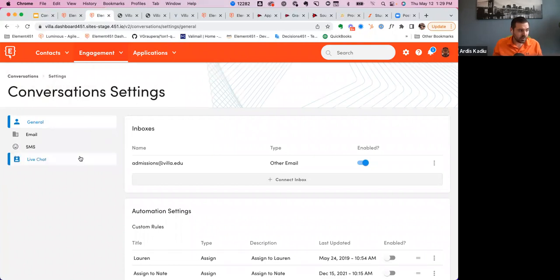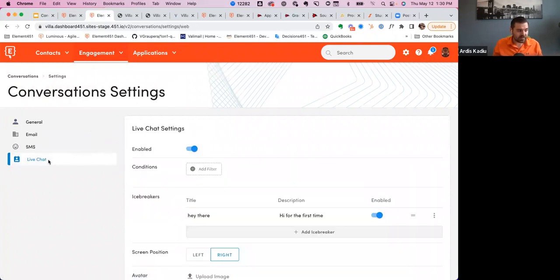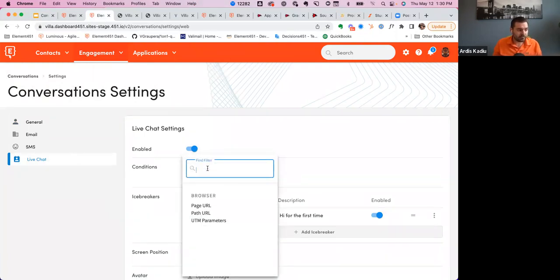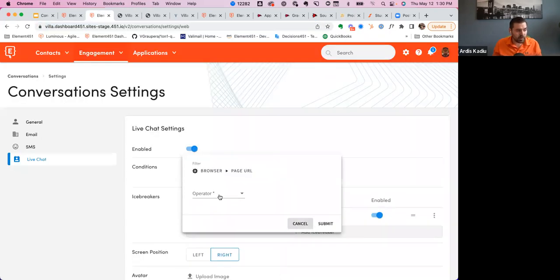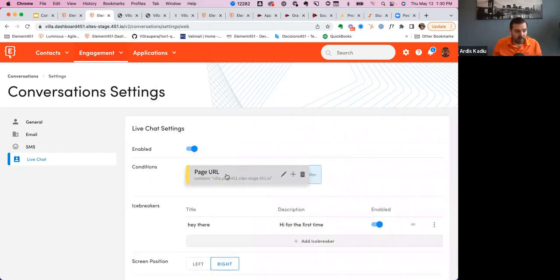And the first thing that you're going to notice in here is I go to live chat, right? So that's the messenger live chat, is that I can enable or disable it globally. You can also enable or disable it. So I can add conditions in here, and I can say, I want to only add it to a page where my page URL, let's say, contains this particular value, right? So let me remove just the HTTP just in case. And now I have the page URL as a condition in here.